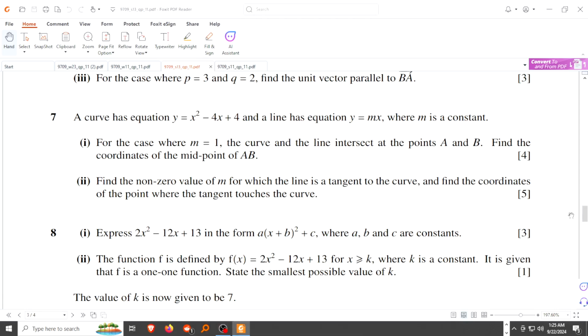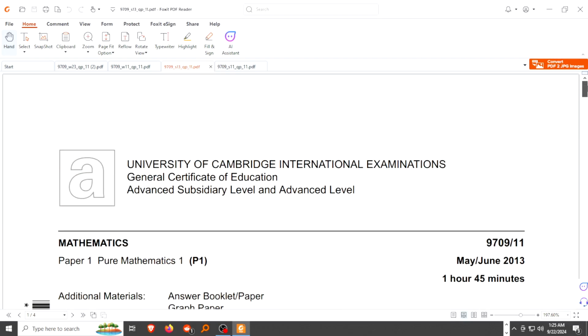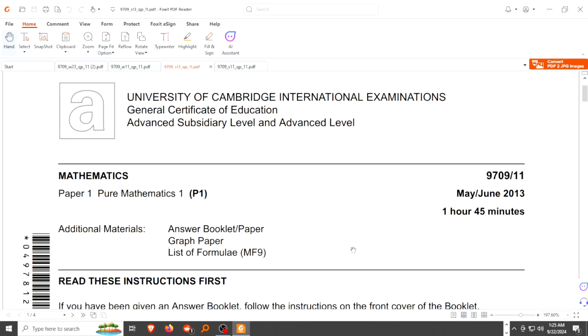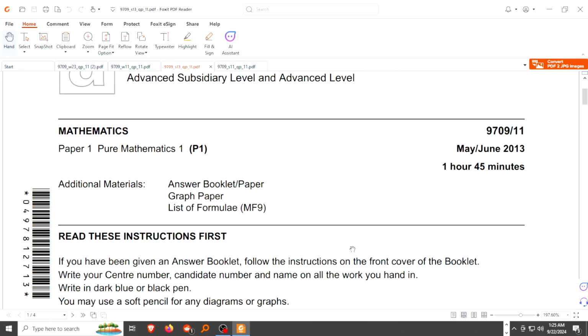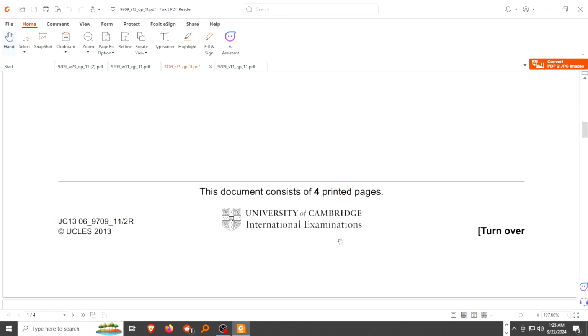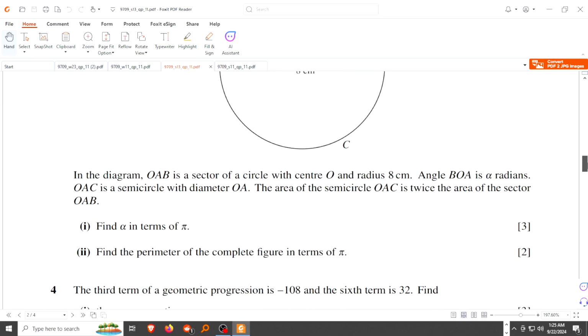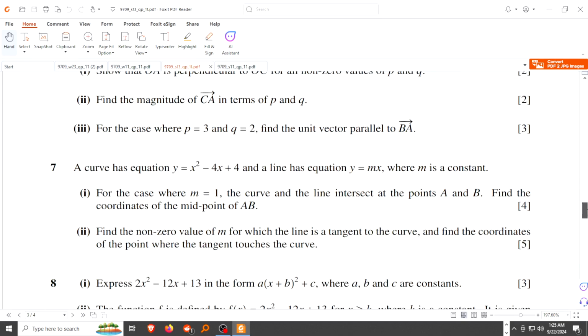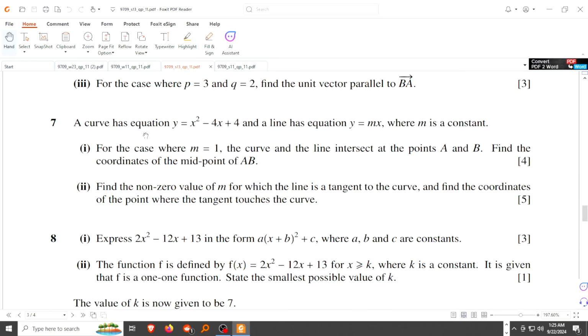The question comes from the May-June 2013 sitting. The paper is 9709/11 Pure Mathematics 1. We find our question of interest, which deals with quadratics, in question 7. So we scroll up to that point, question 7, which reads: